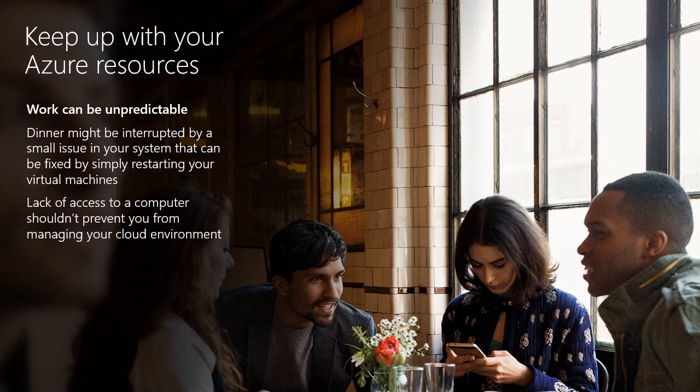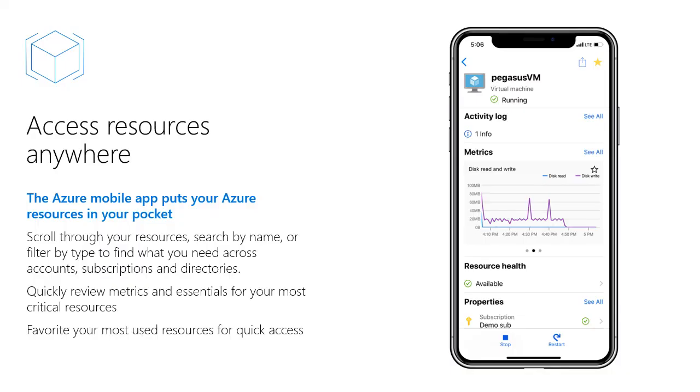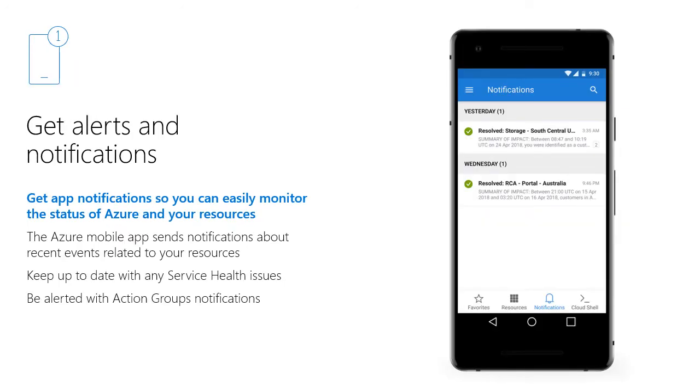You don't actually need to go to a PC to do all of this because you can run this on a mobile app. You can access your resources everywhere. You can monitor each of your resources. Like in this example, you're monitoring how a virtual machine is currently performing. You can review your metrics for your most critical resources, and you can even tag certain resources or certain subscriptions as your favorites for quick access. You don't necessarily have to constantly take a look at your Azure app as you would for your Facebook or your Instagram, but